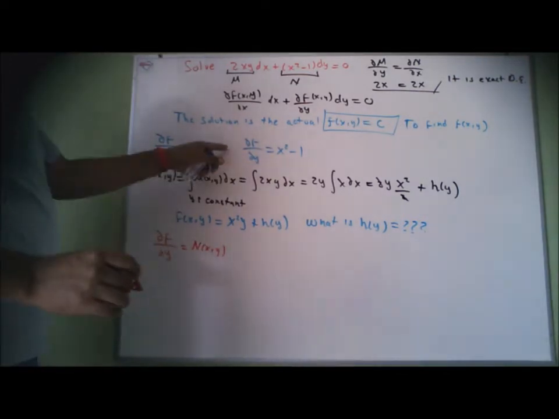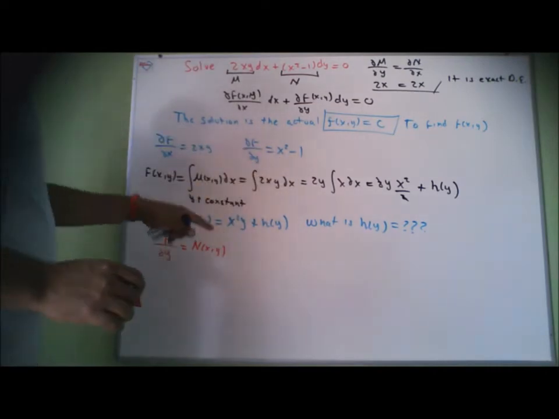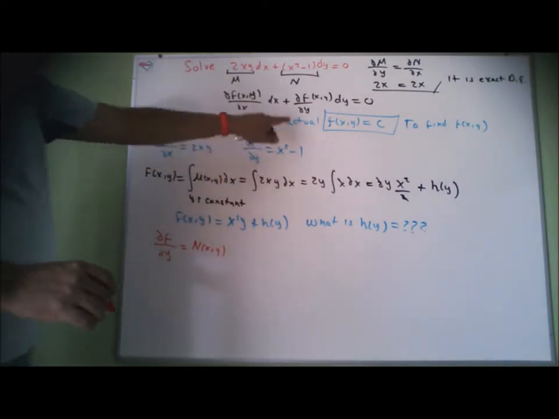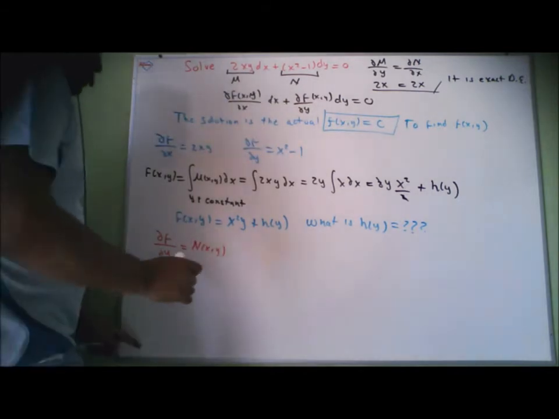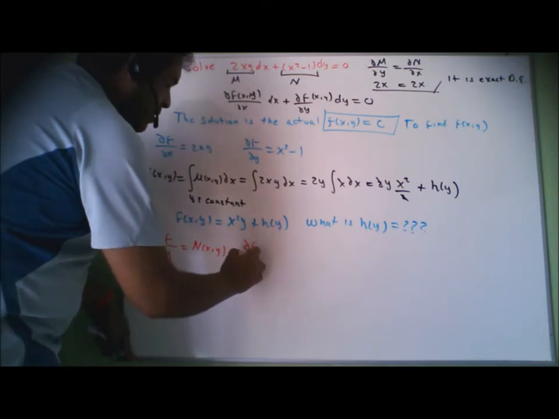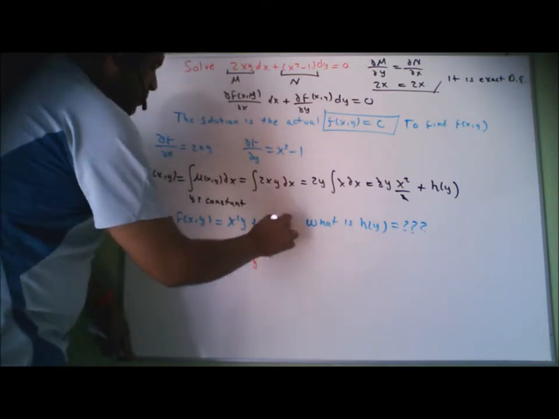Okay, and you can have it here. You can see it here. The derivative of this function must be equal to the N. Okay, so let's do it. The partial of the function that we just calculated with respect to y is equal to the derivative of this with respect